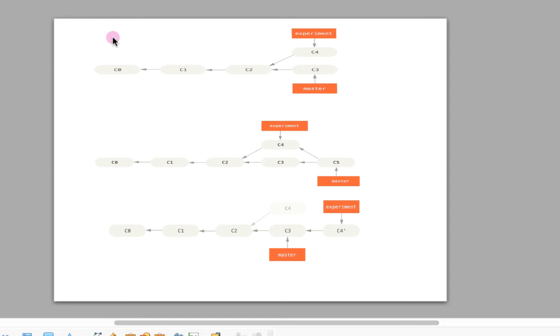So hello everyone. In this lecture we are going to understand about Git stash. Whenever we are working on a branch or we have local changes and we want to switch from one branch to another branch for doing any other work, or we want to get the latest changes, that time Git stash helps us.